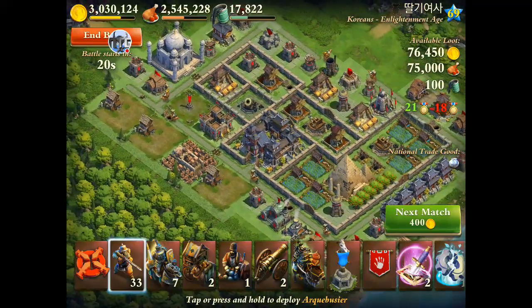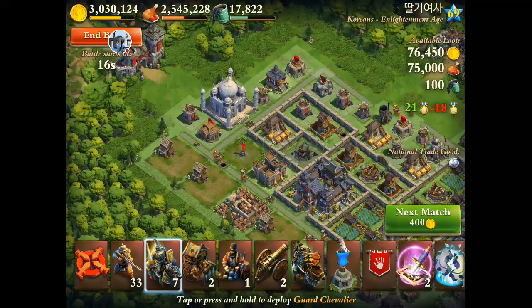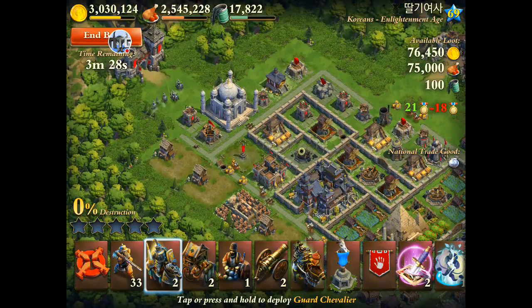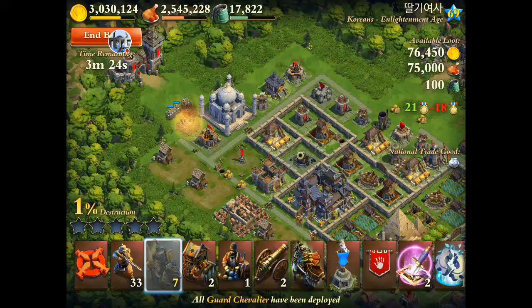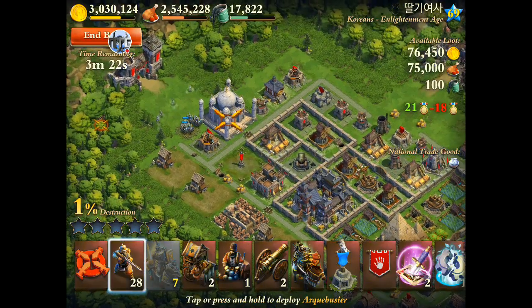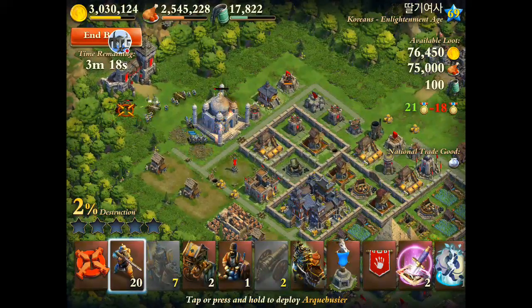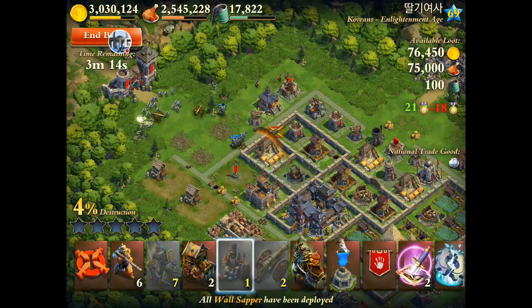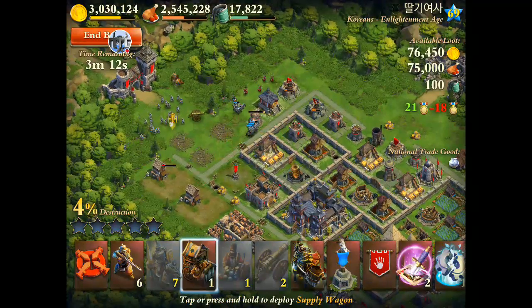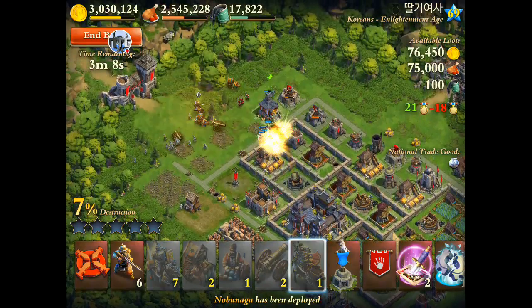And what do we got here? All right, you know what? I'm going to show you guys. So what I typically do is drop the... follow those up with some rifles, and then I'll drop my cannons. And the reason I do that is because I don't want those guys. Now I'm going to send in my wall miner, and then I'm going to drop these guys, which are the healers,